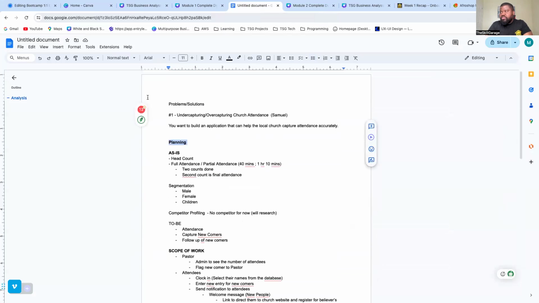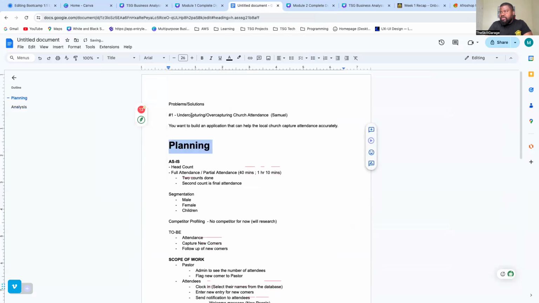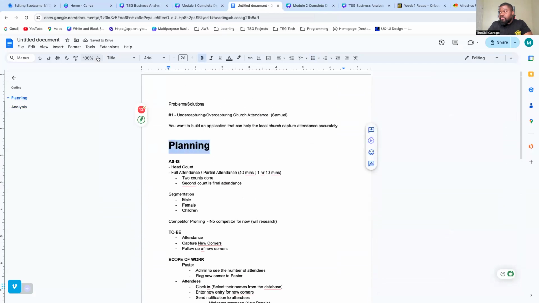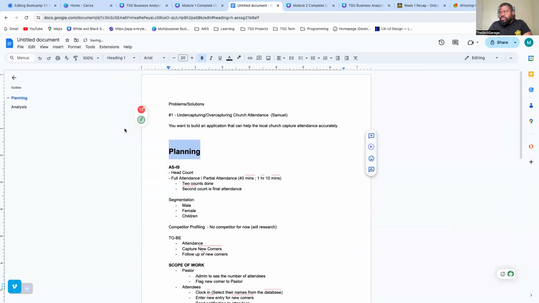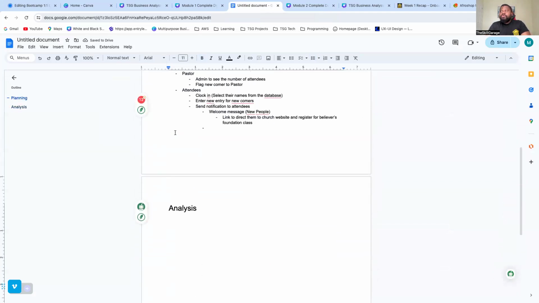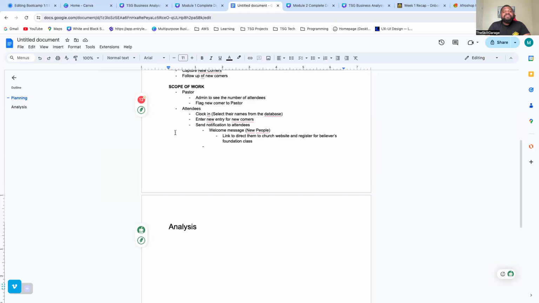The first one that we did was planning. In planning, we were just trying to understand a couple of things. The second one we are trying to do is the analysis. So in the analysis, let's start with the attendees. In the analysis, I'm going to give detailed requirements. So I would say number 1,